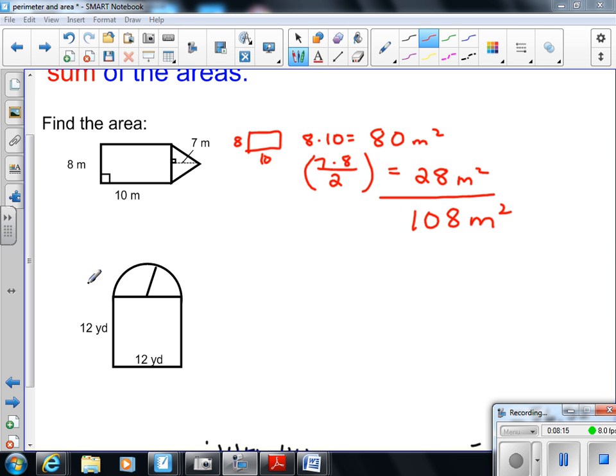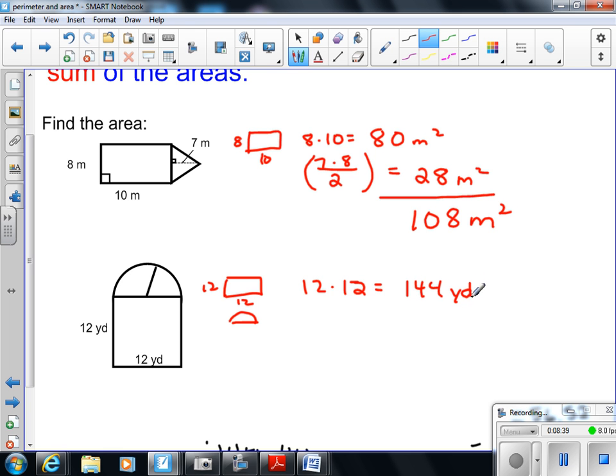All right, now let's take this shape. What two figures would I find the area for here? A rectangle and a half of a circle. Okay, so you're basically find the area of a circle and then divide it by 2. So let's do the rectangle. This one would be a 12 by 12, which is 144